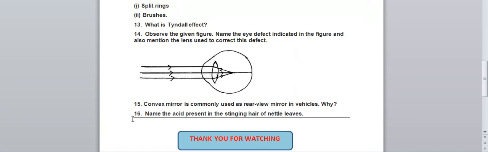And the 16th question is, name the acid present in the stinging hair of nettle leaves. So what is the answer of this question? This is a one word answer, methanoic acid. So with this we have completed all the important questions of the year 2019, and for the 2020 question paper I will make a separate video,